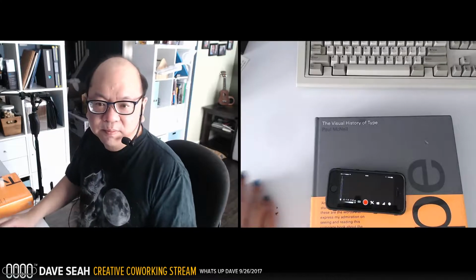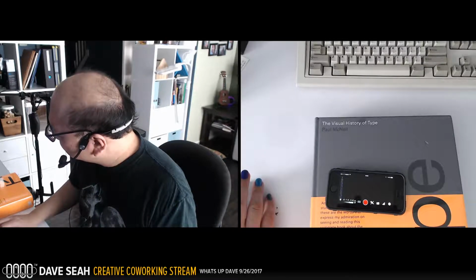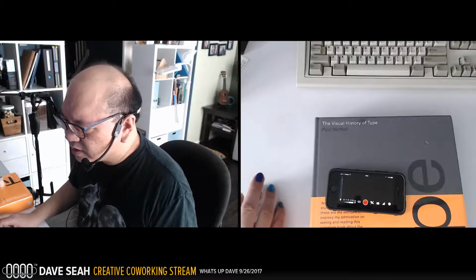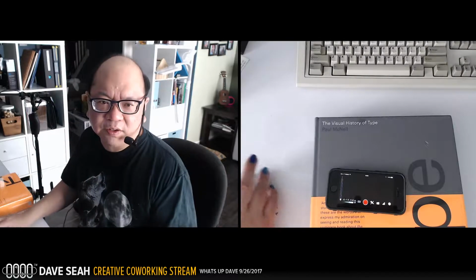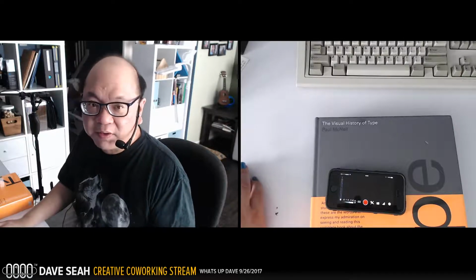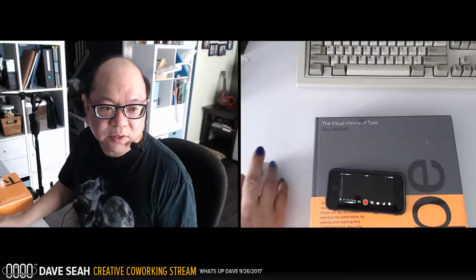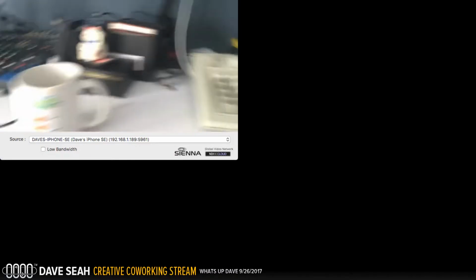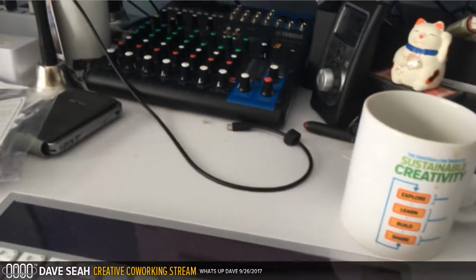NDI, I think, is Network Device Interface, I forget what it's called. What it does is allow you to connect video sources over a regular IP network, so instead of other cables you essentially use Ethernet cables to do the same thing. Now I think this is live, although it seems to be on the wrong page. Okay, there we go.